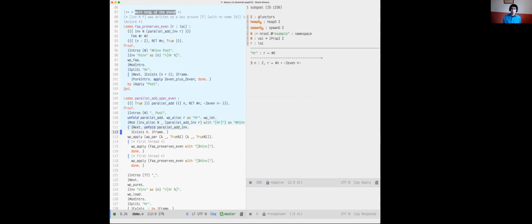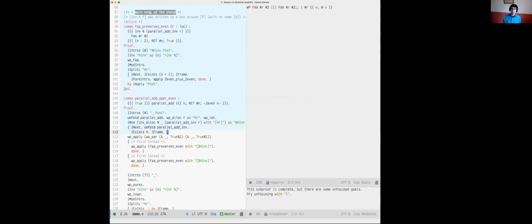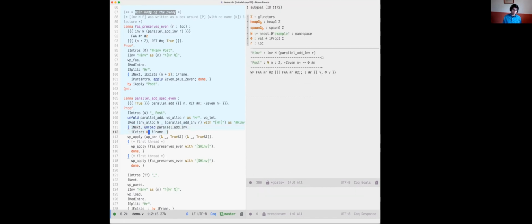I'm going to skip over the proof. It's not that interesting, except that maybe there's one interesting thing to see here, which is this iframe tactic. So it's pretty common to run into a situation where you have a bunch of hypotheses that you need to match up with things in your goal. Before, I did a proof like this using iSplit and then iAssumption manually. This is really, really common in separation logic. So there's a tactic in the IPM called iframe, which is devoted to this kind of matching process